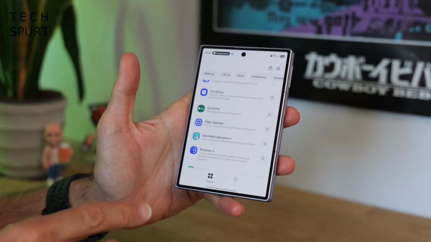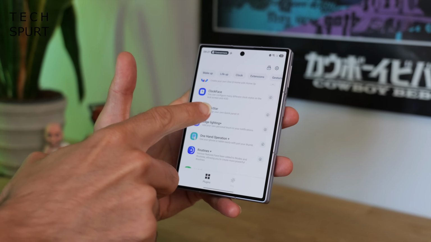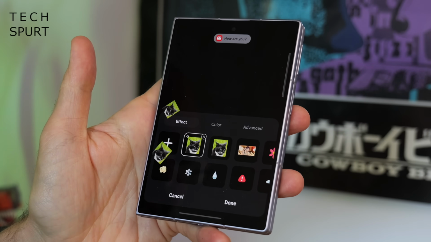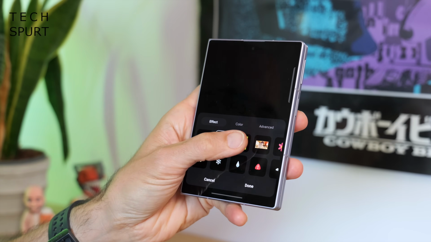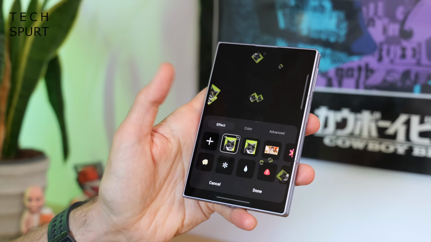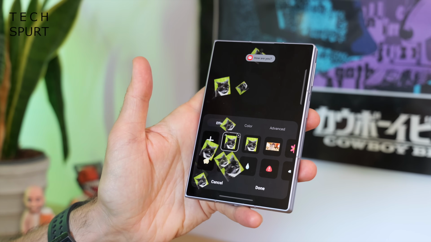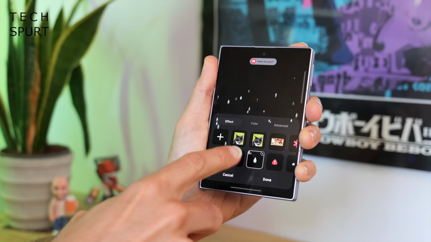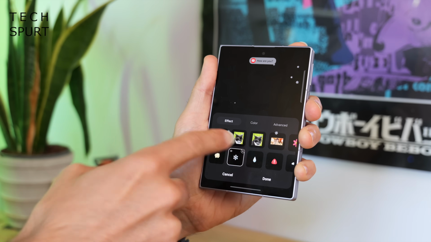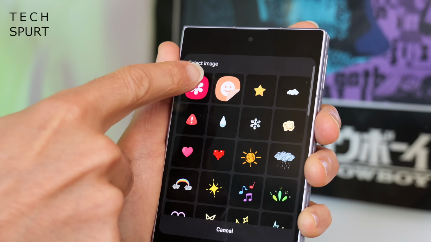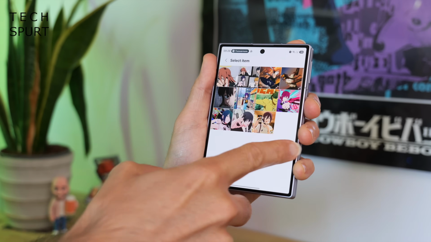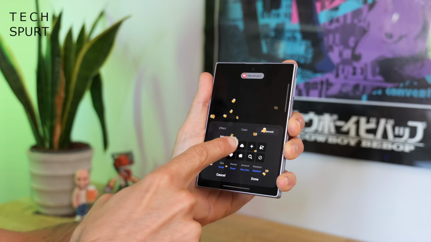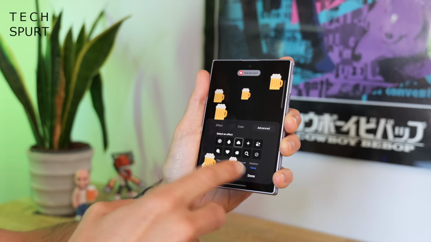Now if you find you're constantly missing notifications as they pop in, well, edge lighting will definitely help out. Switch this on and then head to set custom style, and as you can see, whenever I receive notifications, I have a whole bunch of my cat pictures just kind of floating across the screen. Kind of hard to miss that one. You've got plenty of other preset options, of course, but if you want to create your own like this, just tap the plus icon and then you can go to the gallery, use any pictures that you've downloaded or that you've got in your camera gallery. And then if you head to advanced, you'll be able to change up the specific effect to suit your own